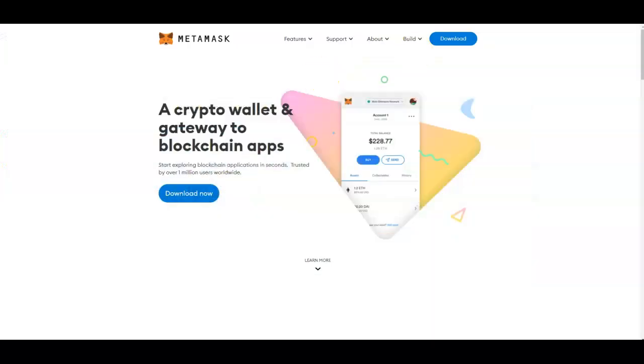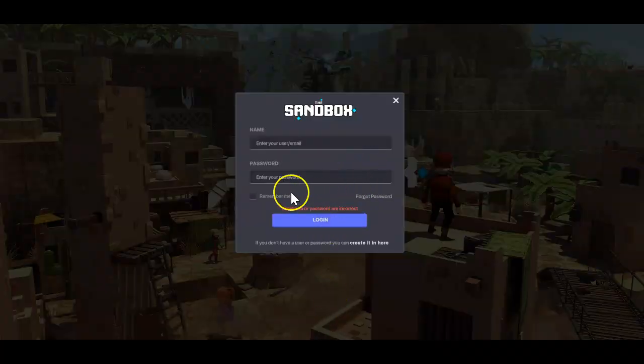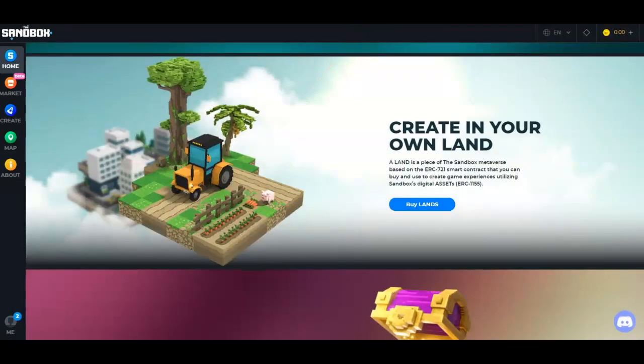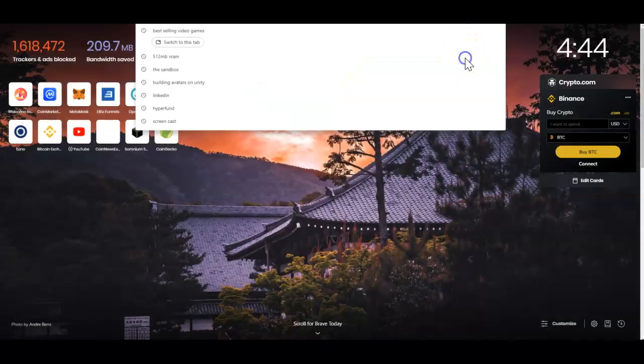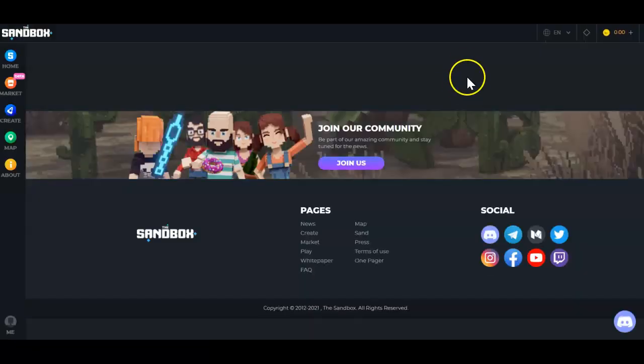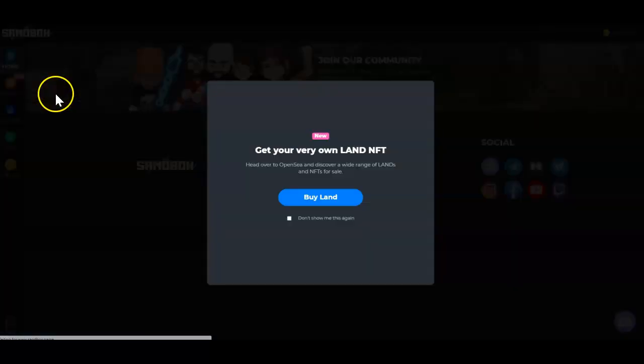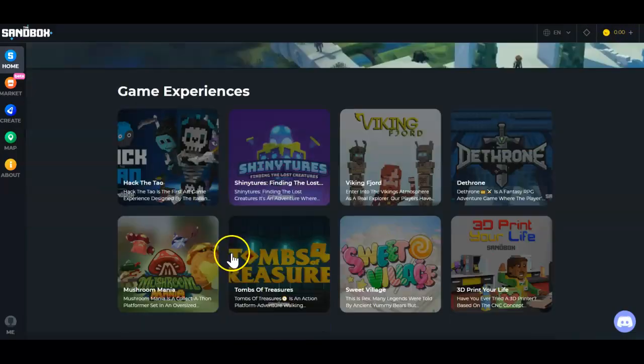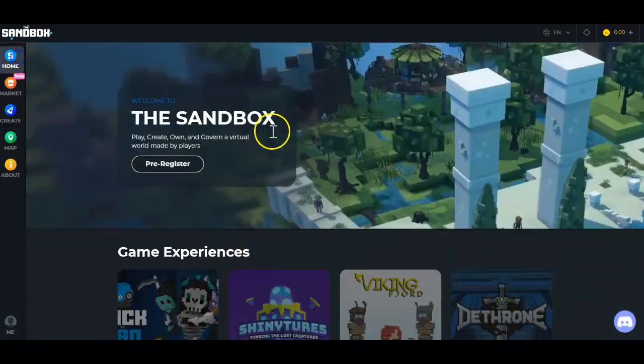So now what we're going to do is, this needs to be done. It opened the wrong browser by default. It opened my Google Chrome browser when I have my MetaMask installed on the Brave browser. So I need to log in using this platform. And once I'm in here, okay, we're not going to buy land now, but I've already logged in, as you can see. So now what we need to do is we need to go to,